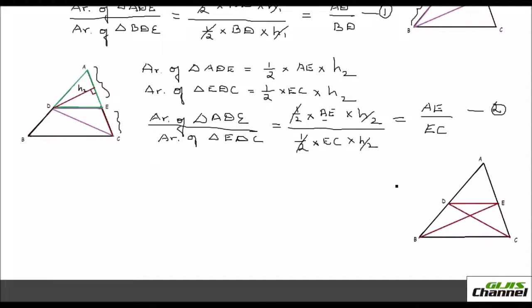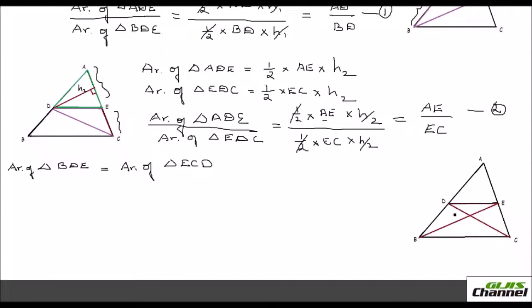Now look at the third picture here. Here I have just drawn two triangles. One is triangle BDE. Area of triangle BDE is equal to area of triangle EDC. Okay? So there's nothing to confuse. You would have learned in earlier classes that triangles on the same base and within two parallel sides have the same area, right? So here the base is DE. This base is the same for both the triangles, BDE, the base is DE, and EDC also, the base is ED, and the height